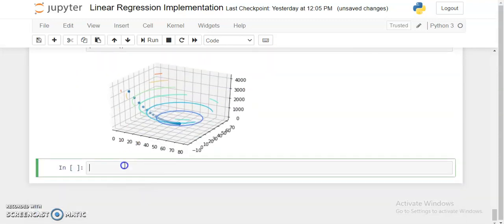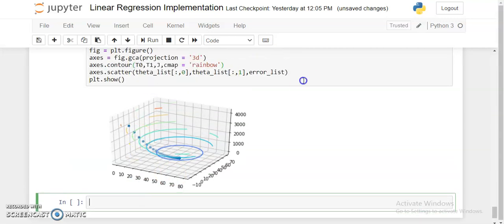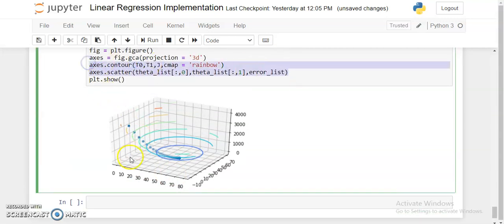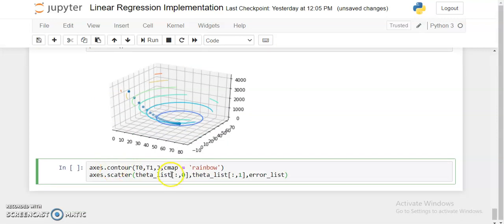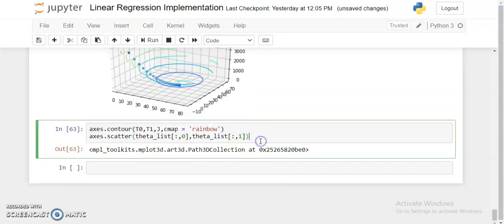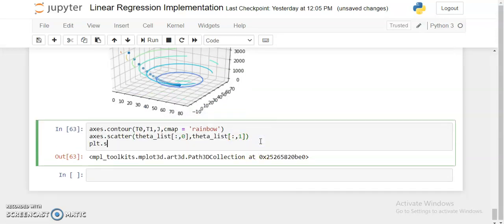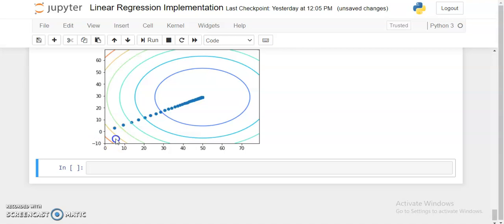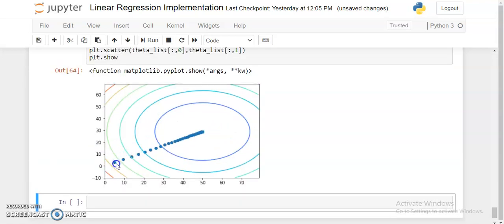And if we just plot it in 2D, then we can be very sure that it has converged at the center point. For that, I just need this, and here I don't need the error list, plt.show, and also I'll be using plt only here because I don't need it in 3D, I just need it in 2D. Now you can see,